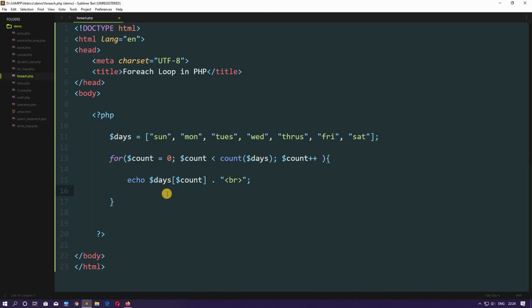So what is happening here? Actually, we have declared an array called days with all the days of the week inside it, and then we have declared a for loop. In the for loop, we have set the count variable with a value of 0. Why 0? Because we will be printing out each and every value of this array, and as I have told you, the first element of an array has an index position of 0. The array index starts with 0. That's why we need to refer to its index position, and that is 0. Therefore we will start with 0.